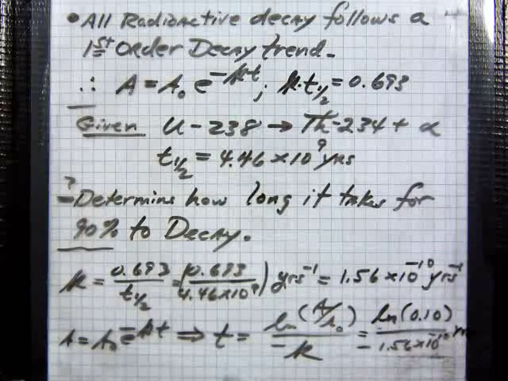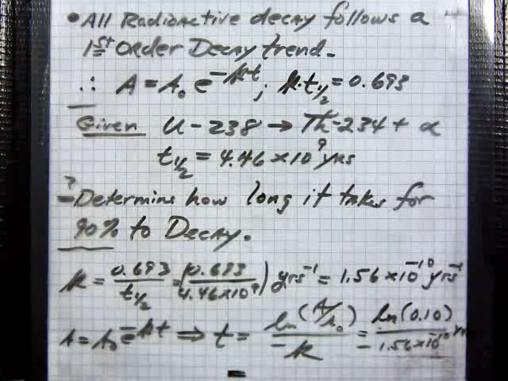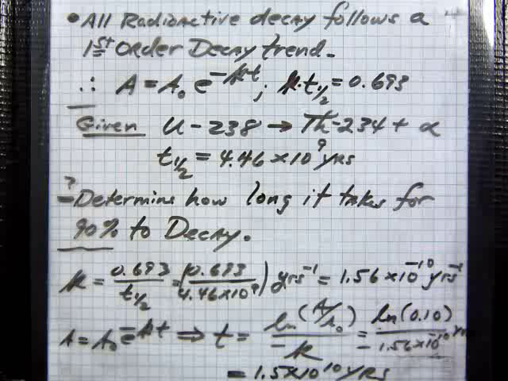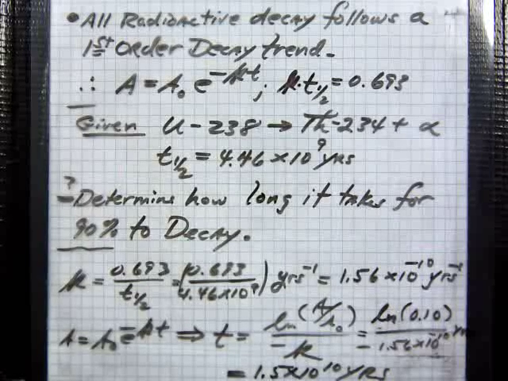And so that works out to be, I get 1.5 times 10 to the 10th years. Quite a few days. Convert that to seconds, I think you'd have a big number. Anyway,